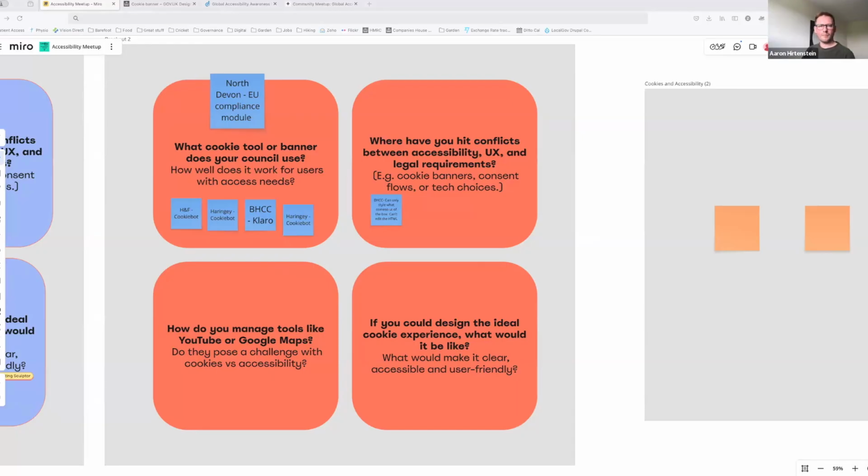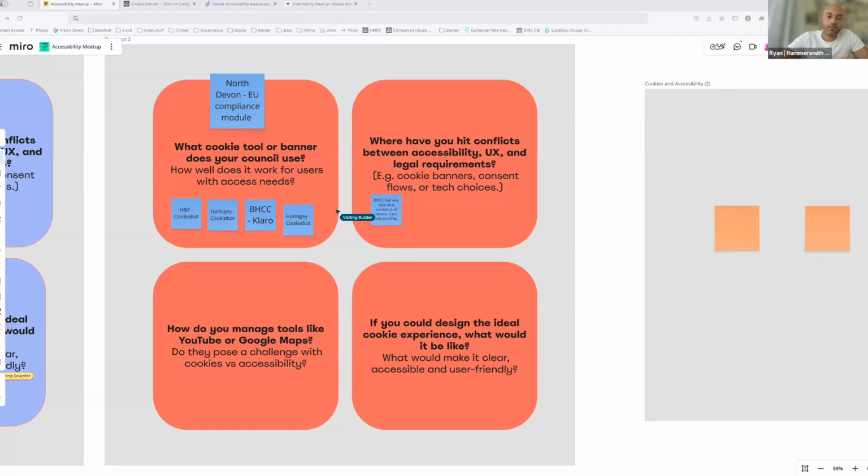Because Hannah was the one who worked on the Brighton install of Claro, she did mention how tricky it was to style it and get it working how they wanted to. You could do work around the CSS, but not the HTML aspects of it, which was quite interesting because